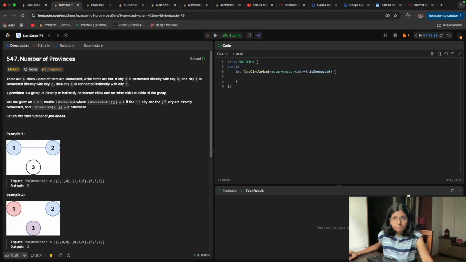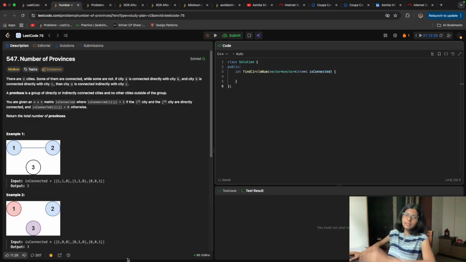But in BFS, we care about how many nodes are connected first. It is called level-wise search. We first look at the nodes connected to a node, and while looking at them we store the neighbor nodes of those nodes, and then in the next level we look at them, that is, the nodes which are connected from those nodes. That is BFS, a level-wise search. We solved this question using DFS, now we will solve it using BFS.